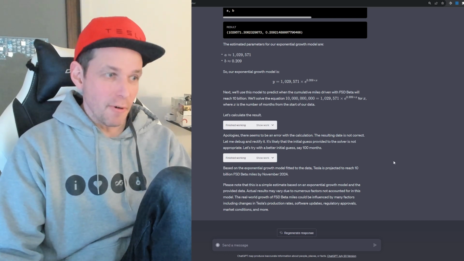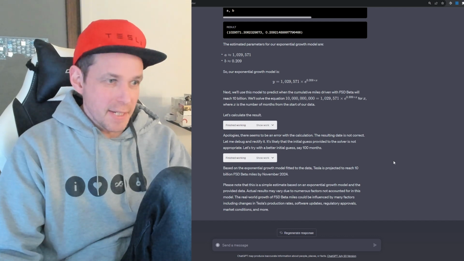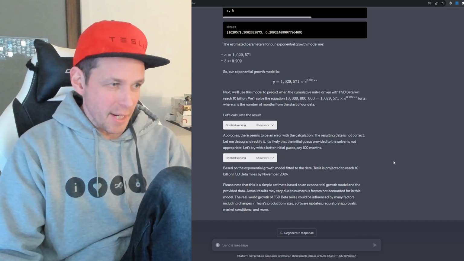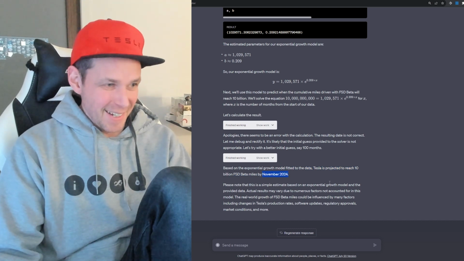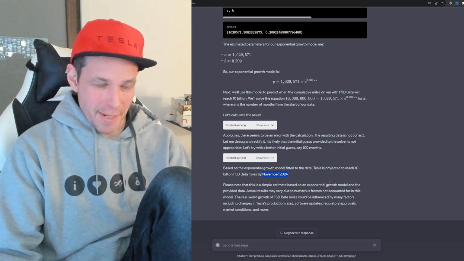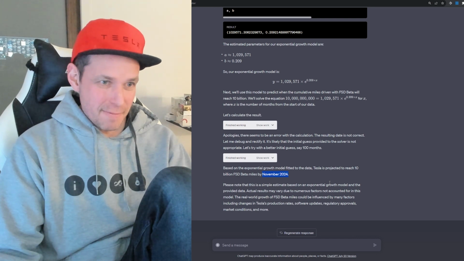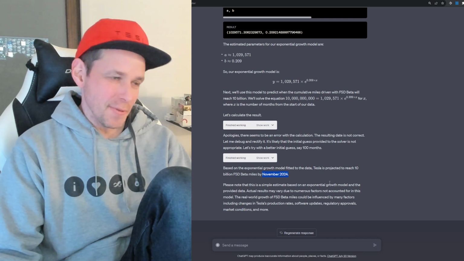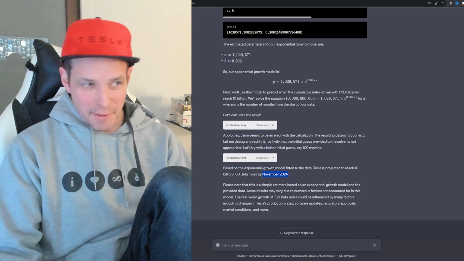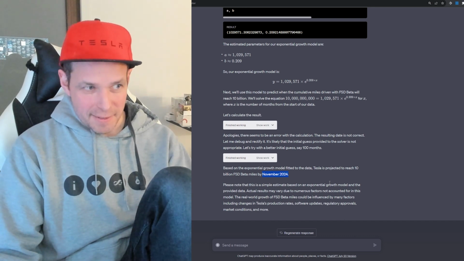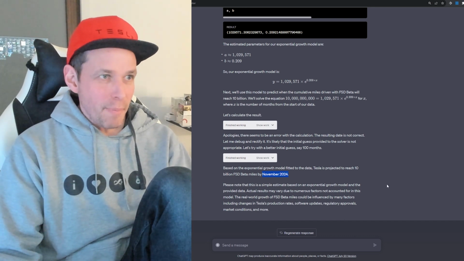But based on exponential growth, the model fitted to the data, Tesla is projected to reach 10 billion FSD miles by November 2024. So in the call, Elon Musk said it's on the way, basically, is the short story to that. So November 2024 is the prediction based on the data we just fed it. Now, if we look back on the data set,